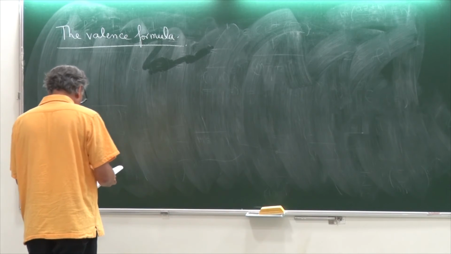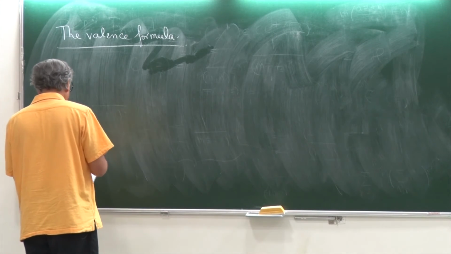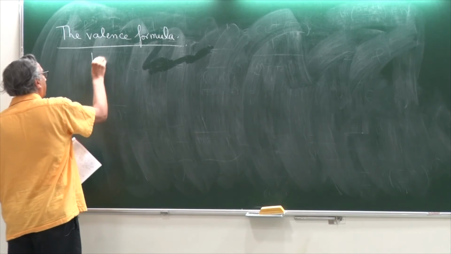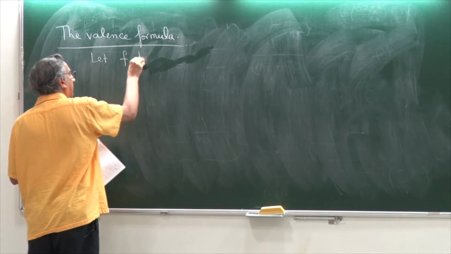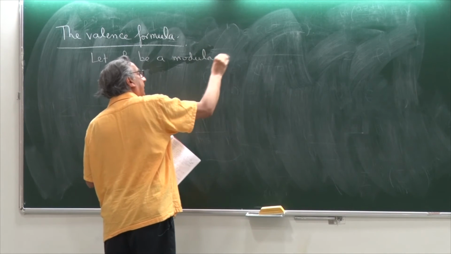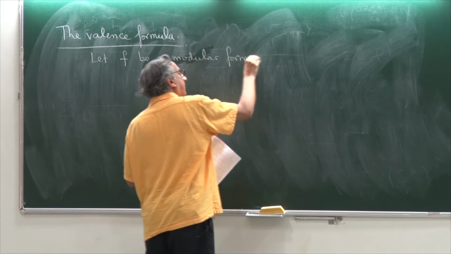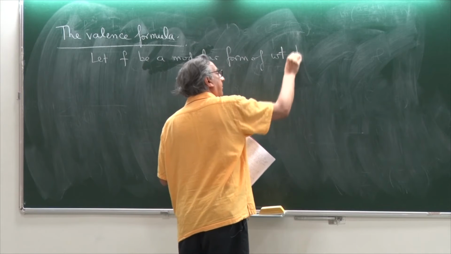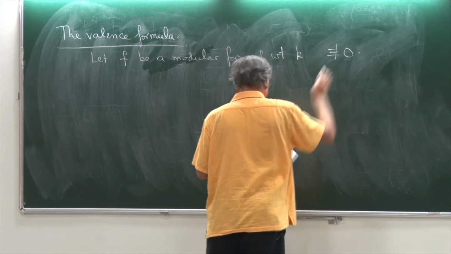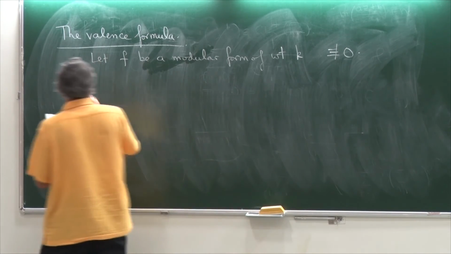And this formula basically says that if you have, let F be a modular form of weight k, not identically zero, then,